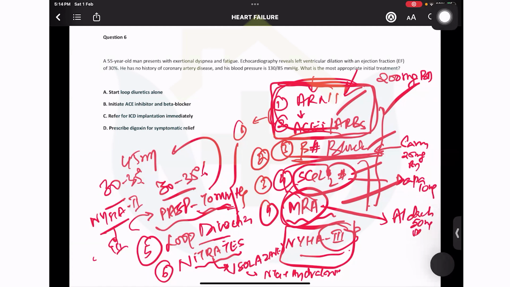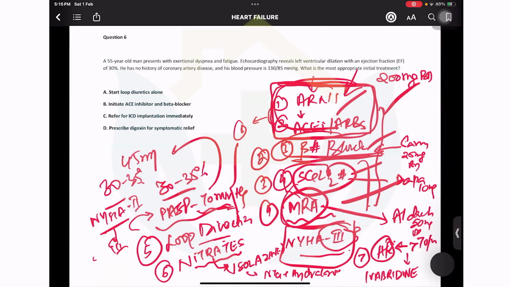What can I add now? So I should ask here, what is the resting heart rate of the patient? Let us say if the resting heart rate of the patient, despite a good dose of beta blocker, is more than 70 per minute, I would add a drug known as ivabradine. It is a drug approved to be used in patients of heart failure with reduced ejection fraction when the target heart rate could not be achieved with the help of